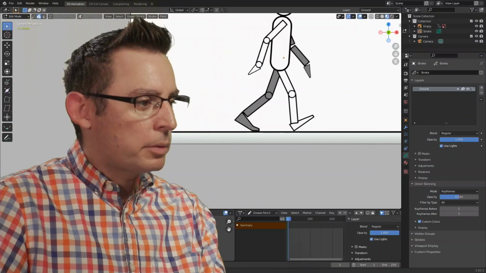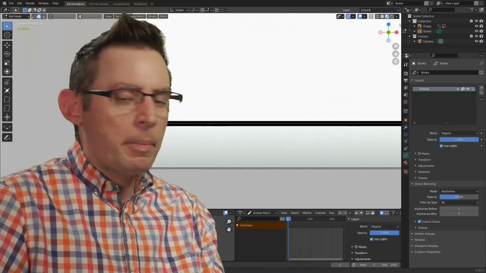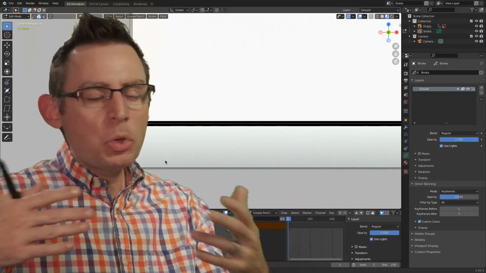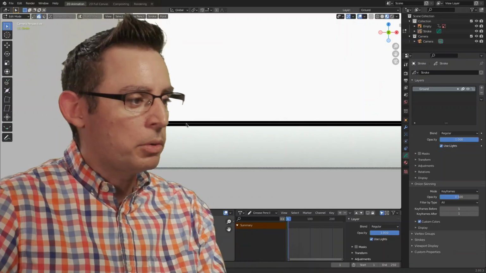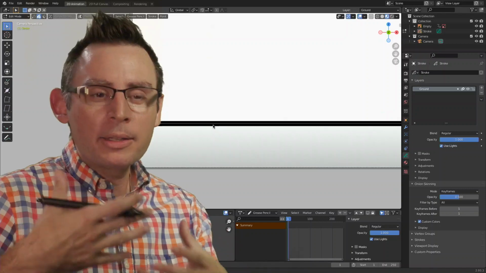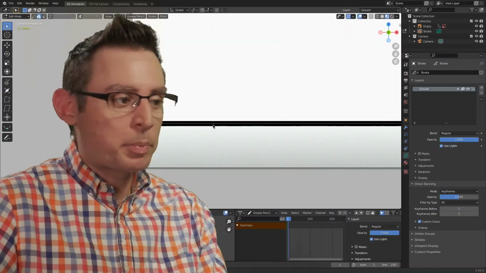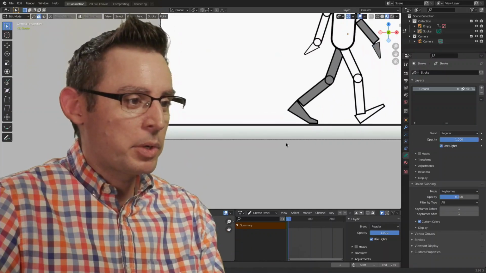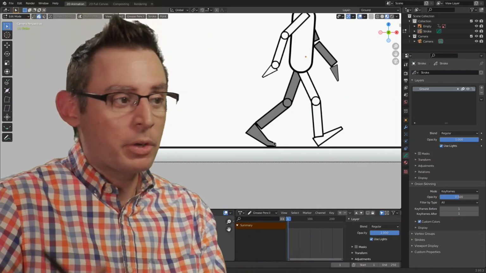Now this bottom part, I just used a gradient. I made a box and I made a gradient. You could do that too. I think that's a great little addition to our workflow that'll help our audience remind themselves that this is a three-dimensional space that has some depth in it, which is pretty neat. But you don't necessarily have to do that for your animation.